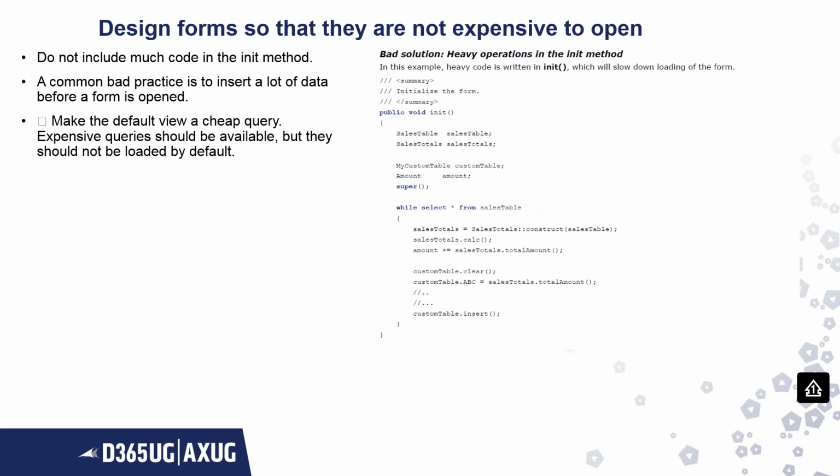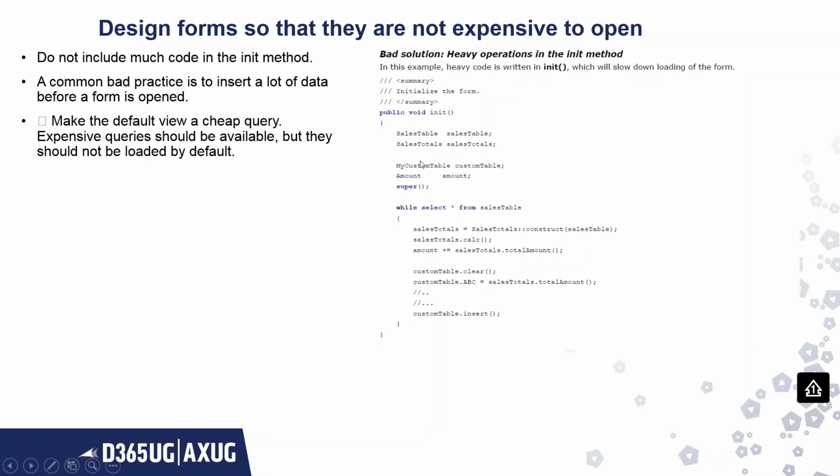Then design forms so that they are not expensive to open. For example, the graphical user interface should be very quick when the form is getting opened. Do not include much code in the init method. A common bad practice is to insert a lot of data before a form is opened. We should not. Expensive queries should be available, but they should not be loaded by default. For example, a bad solution is heavy operations in the init method. In this example, heavy code is written in the init method, which will slow down loading of the